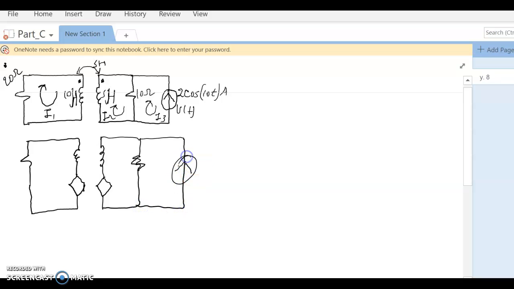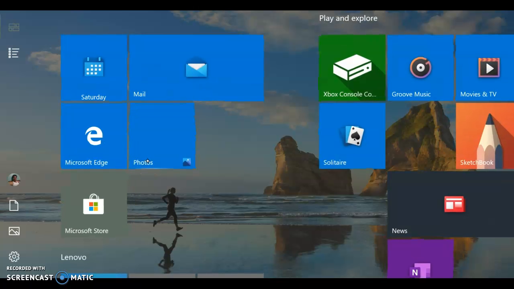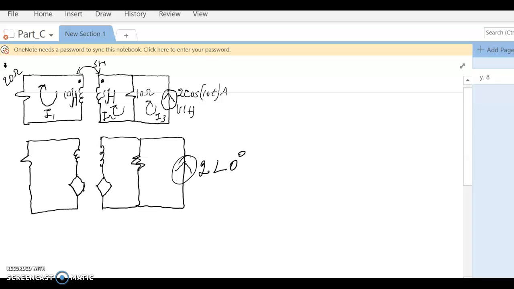exactly the same way, except that we have to change the numbers from time domain to frequency domain. And if we do, it's going to be 2 at 0 degrees, the resistor stays the same, 10, 50J, and this is going to be 100J. Our resistor stays the same, 20,